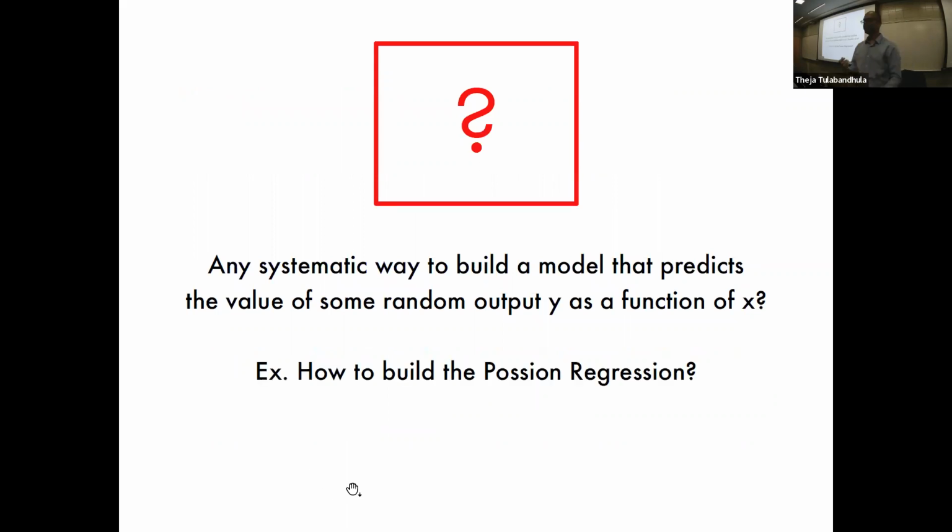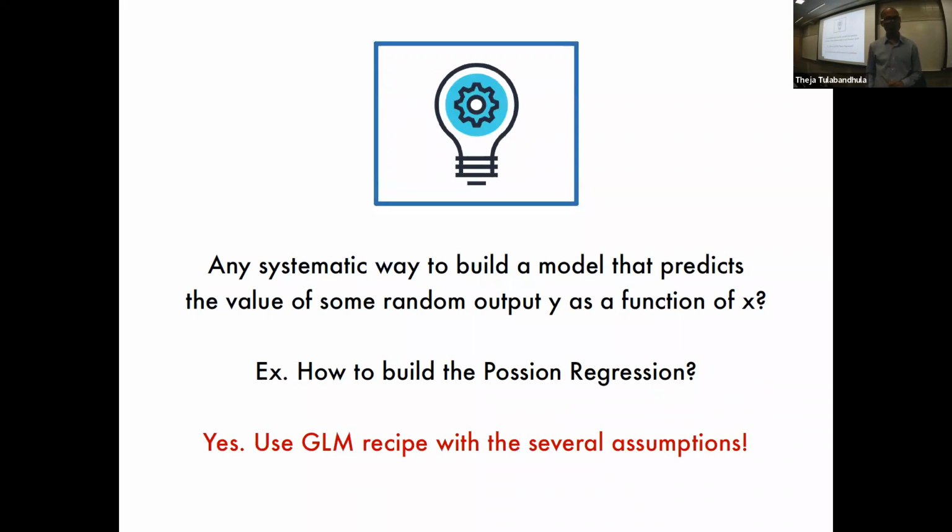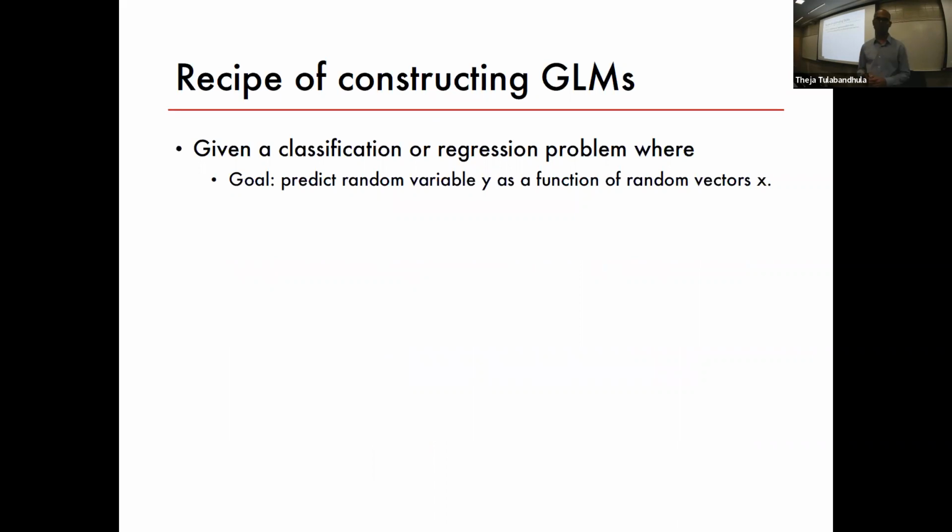For example, a new regression which you've not seen is Poisson regression. Poisson random variable. It's a count random variable. Okay, so it captures counts, right? So here is an example. Okay, so how do we use this exponential family?